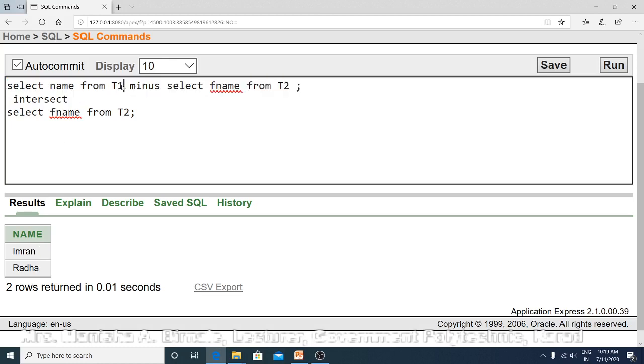Now if we write like this, select app name from T2 minus select a name from T1, then the output will be different. This query will return the app names which are present in T2 but not present in T1.